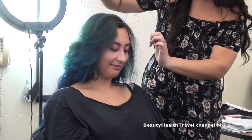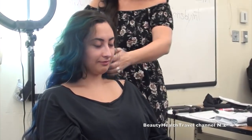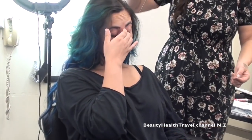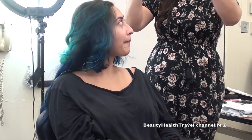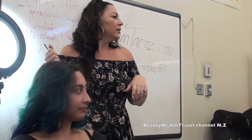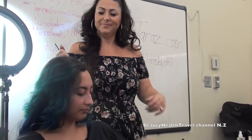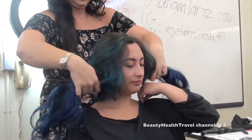You're a perfectionist, but it looks good. What's the halo made out of? Nylon? That string or thread? Yeah, that thread right here is nylon. And I don't like the stretchy kind, because the stretchy ones stretch out after a while. So what are you pulling it with to make it tight? That's the nylon? And then it's held with